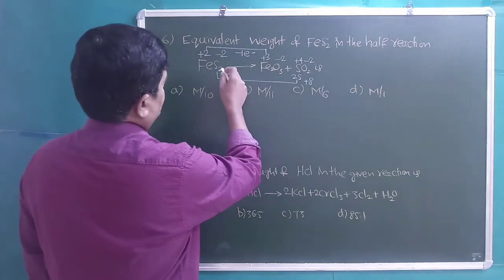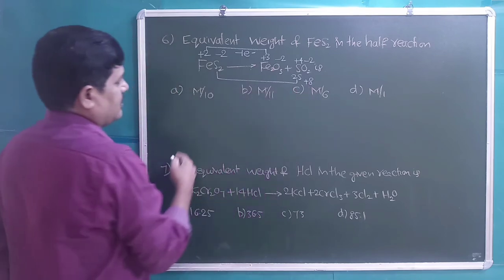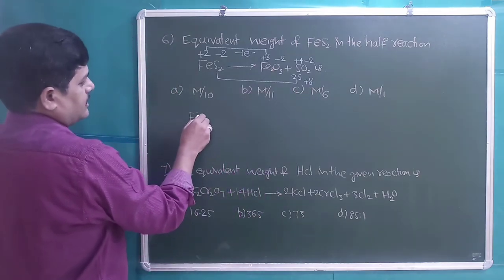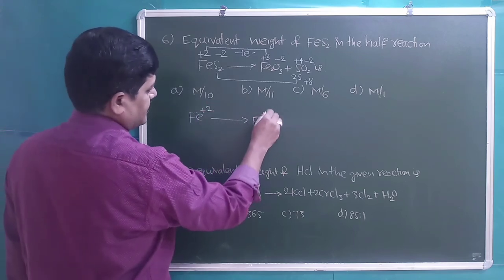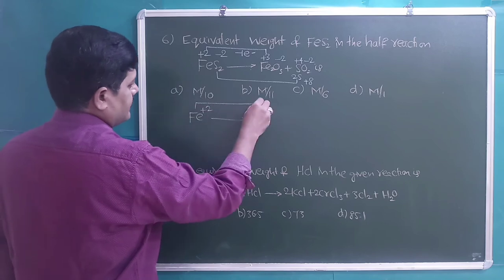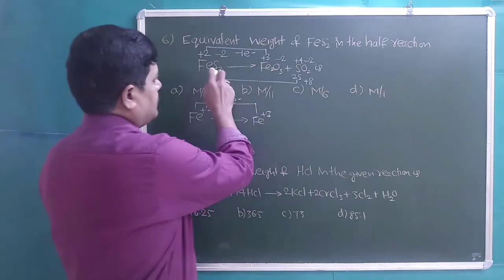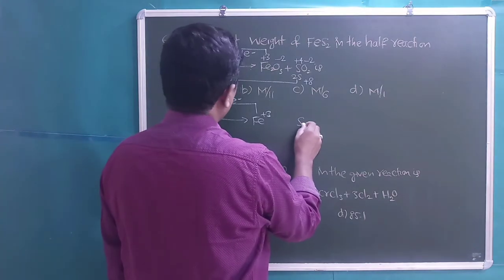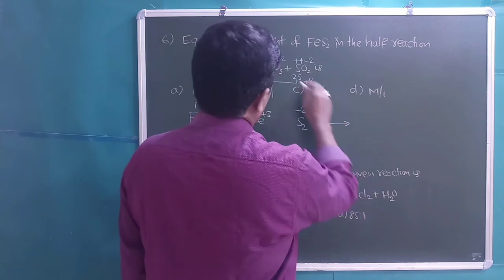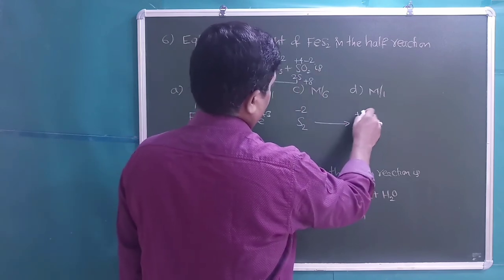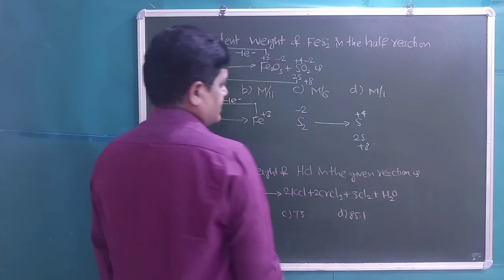Number of moles of electrons transferred. So how will -2 convert into +8? Clearly I will write here, Fe is converting from +2 to +3. Then the number of moles of electrons lost is 1 mole of electrons, right? For the 2 sulfurs, the oxidation state is -2. Then here 1 sulfur oxidation state is +4, so for the 2 sulfurs the oxidation state is +8.